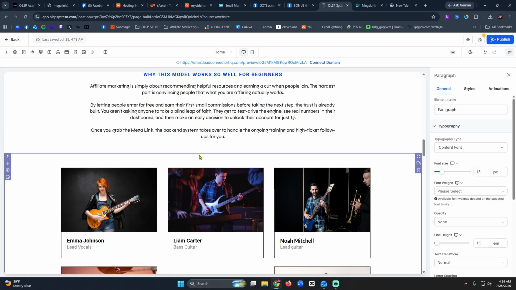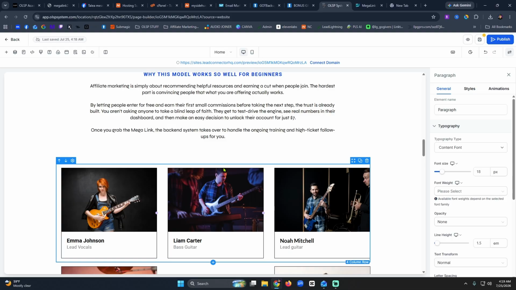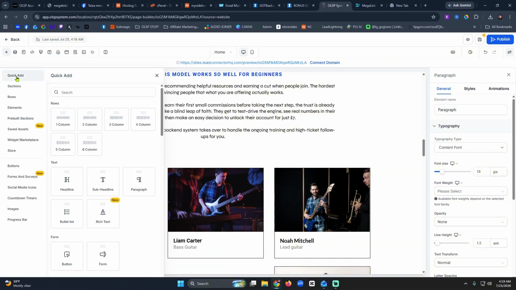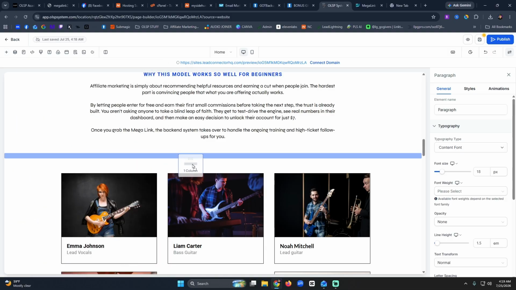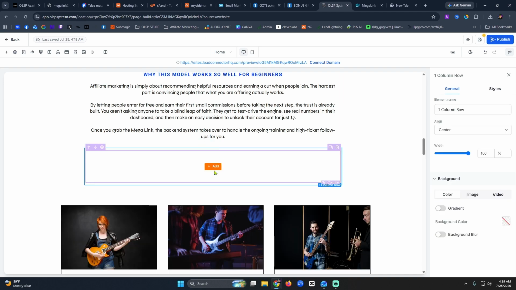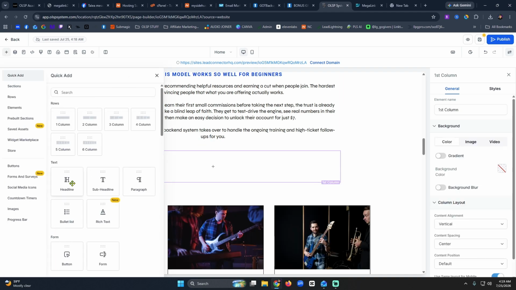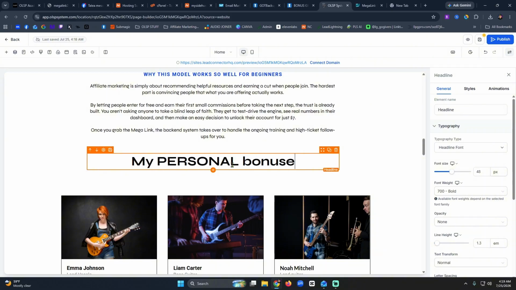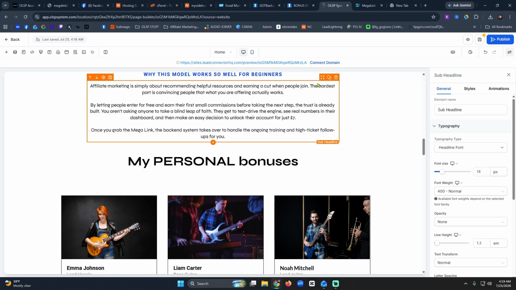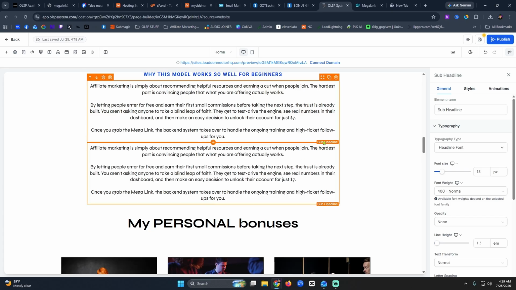So now we're into a little bit of the tricky part. So we want to add a container back into here. So we're going to click on the plus sign up here in the upper left. Let's go to quick add and just 1 column. We're going to click on it and drag it over here. And we're going to click add and we're going to click headline. My personal bonuses. Now let's go ahead and duplicate this so we can say